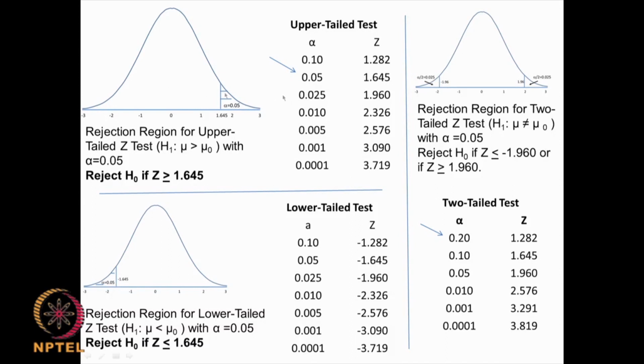Okay, so these upper tail and lower tail, let me again spend some time. You know the normal distribution and you know the area. The outside area is more important than the inside area. So, if you are talking about 95% confidence, the outside area will be 5% or 0.05. So, one side will be 0.025, the other side will be again 0.025. So, for a t value of 1.96, for a two tail test, this area will be 0.025 and that area will be 0.025. That is called a